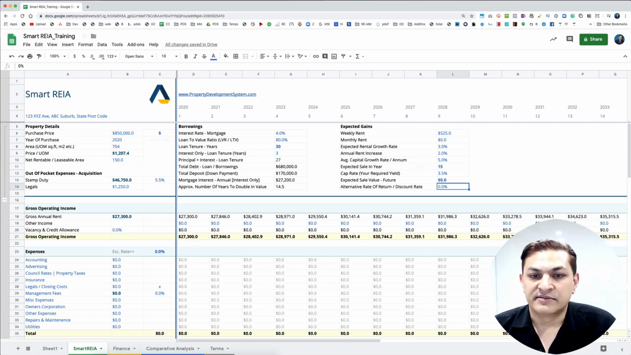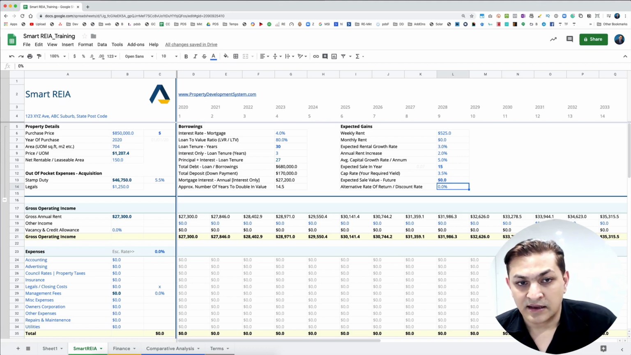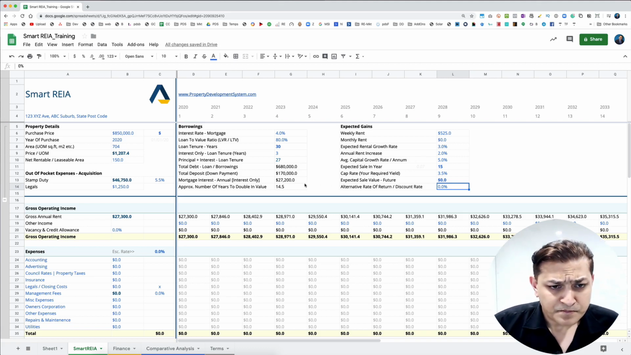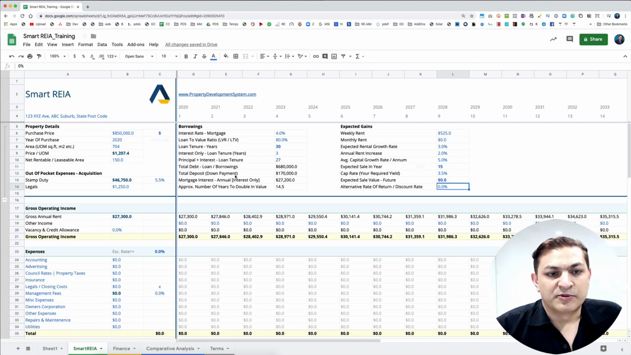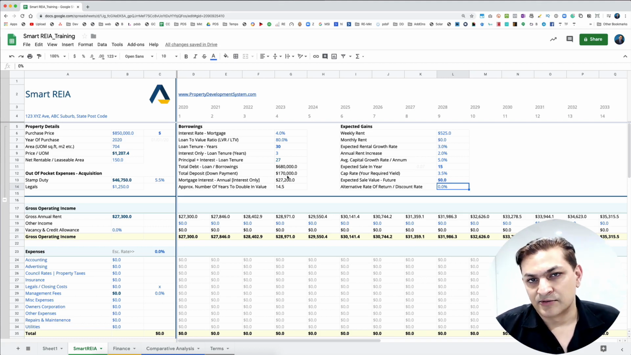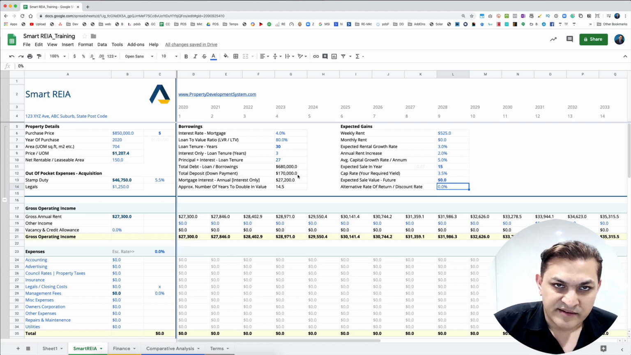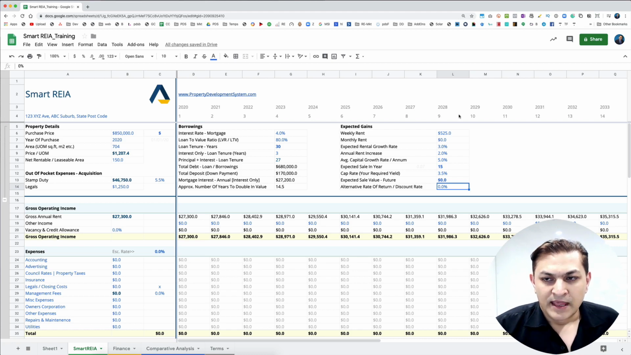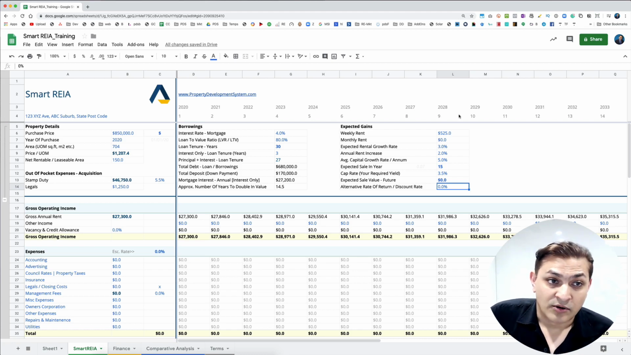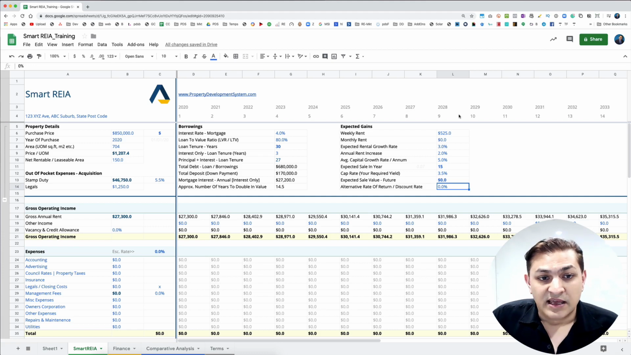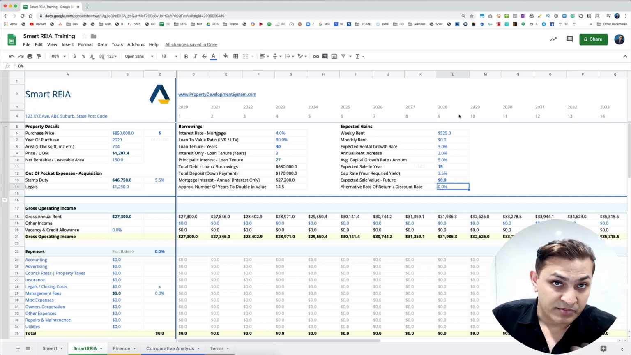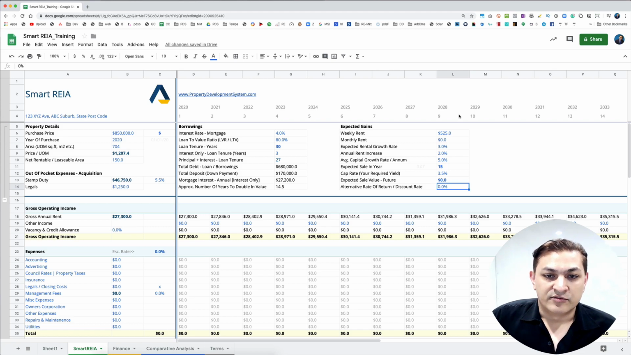And then alternative rate of return, or your discount rate. Now, let's say you're making an investment in here. If you look at the amount, your total deposit and your down payment, that means $170,000 you're going to invest into this property. So if you were to put that $170,000 elsewhere, let's say in a bank, in a fixed deposit, or if you're a savvy investor, you would put that into another development project, for example. So whatever that alternative rate of return or opportunity cost of that money that you've got, you put that